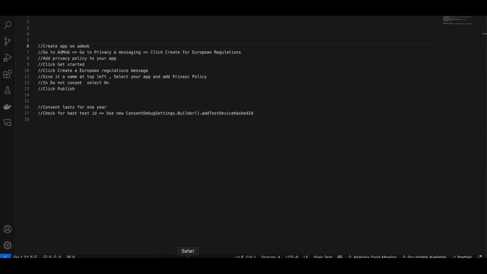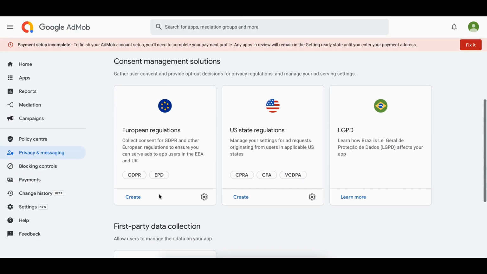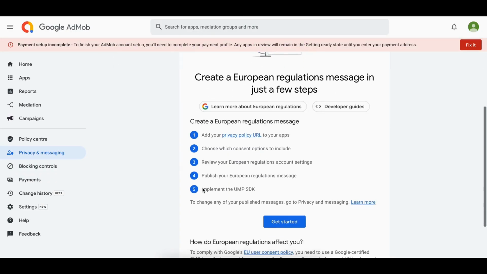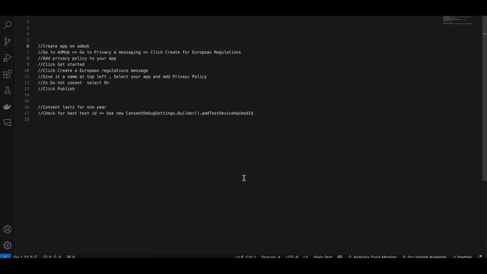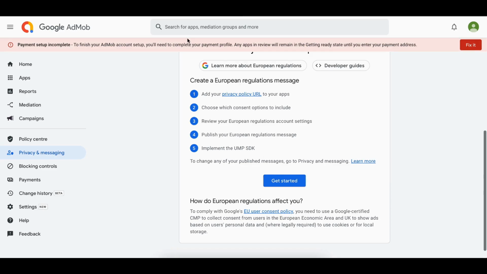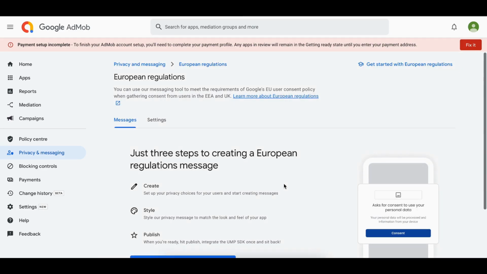Then click create for European regulation. So I'll just click on create. Then we'll click create. Then we'll have to click on get started. Here, as you can see, they have mentioned to add a privacy policy to your app, so you can add that. Here I will just click on get started,